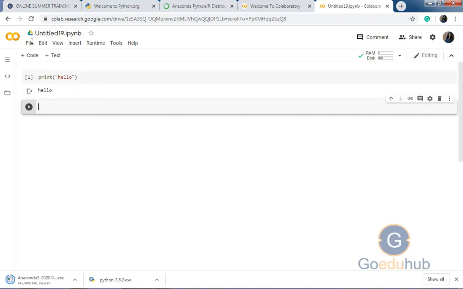Okay, so this is Google Colab. Here you can program in Python and it simply saves your files to your Google Drive. You can download your code file and whatever you want to do with the files, it automatically saves as untitled.ipynb. ipynb means IPython notebook file. Here you can change the name, like I just want to change my file name to first. Okay, so it will appear like this.